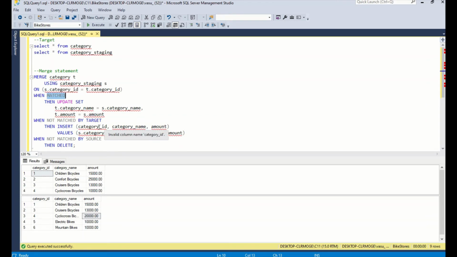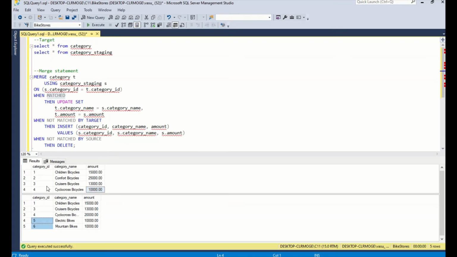When not matched, I'm inserting from the source table into the target table. When not matched by source, then delete from the target table. As I mentioned before, 2 will get deleted from the target table and 5 and 6 will get inserted into the target table. For the matched rows, like 4, the amount in category will be updated from 10,000 to 20,000. So let me go and execute it.